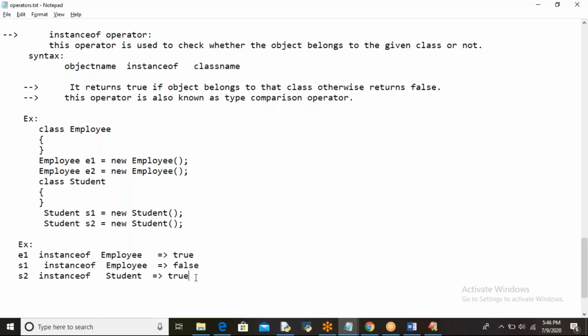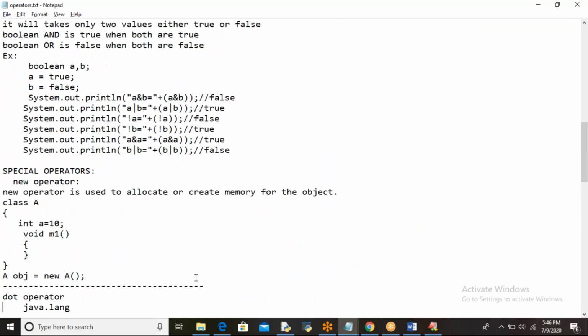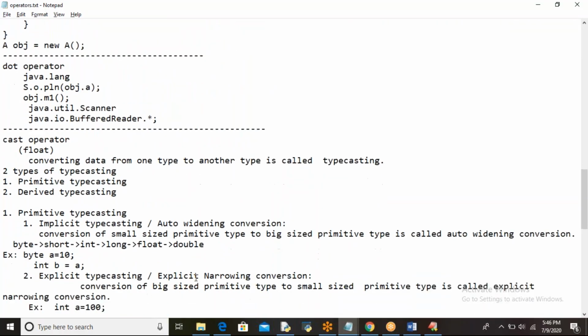Okay. So what is the new operator? It is used to allocate the memory. And the dot operator, we use it to refer to a method or variable or class. And typecasting is used for converting data from one type to another type. Or else we can call the instanceof operator a type comparison operator.